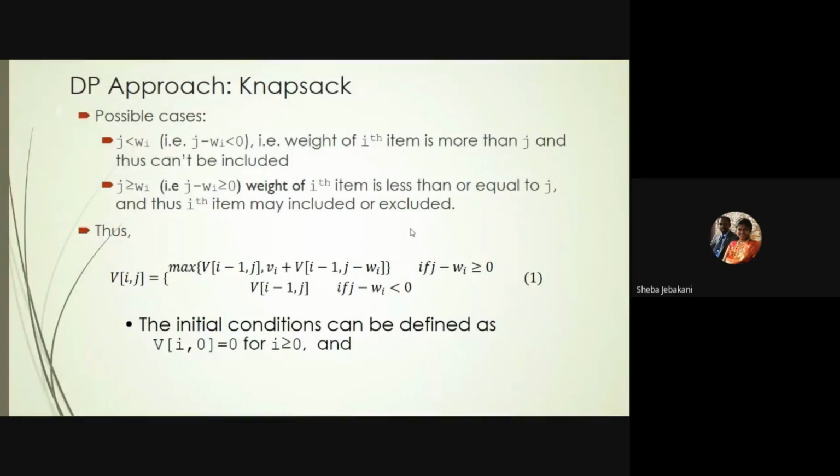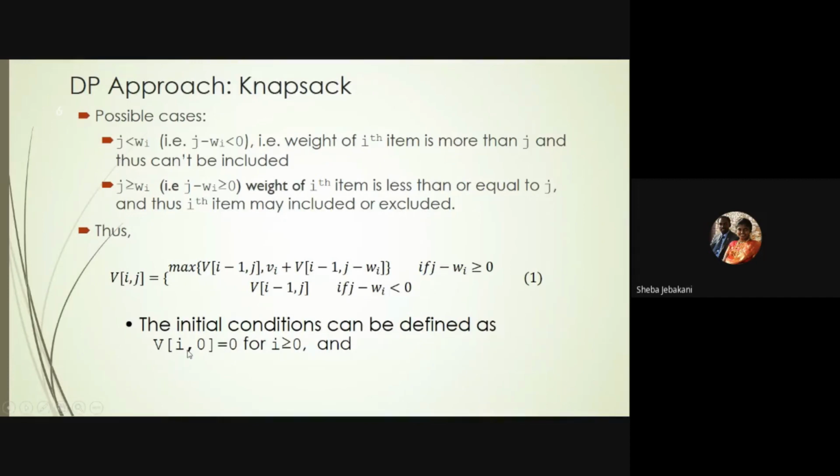In order to make it simpler for us to understand, we are going to follow a table approach, a table method, wherein we are going to tabulate all the values for all the elements, and then finally we will be able to basically get the optimal solution. So if I'm telling v of I comma 0, I'm going to make v of I comma 0